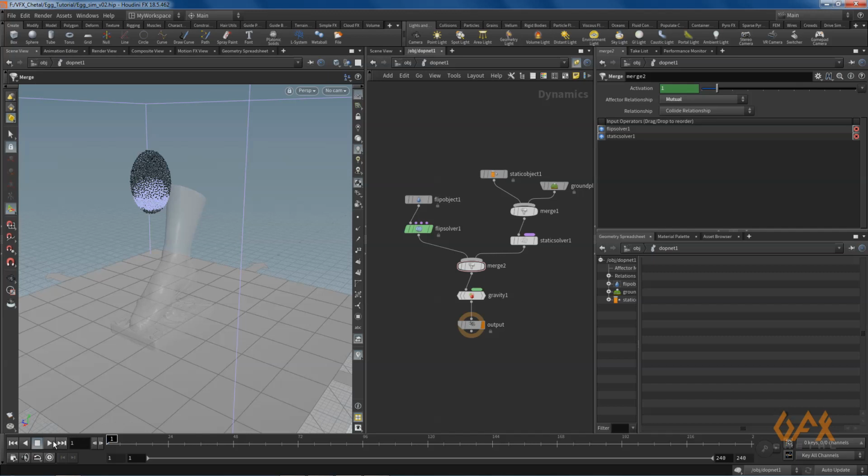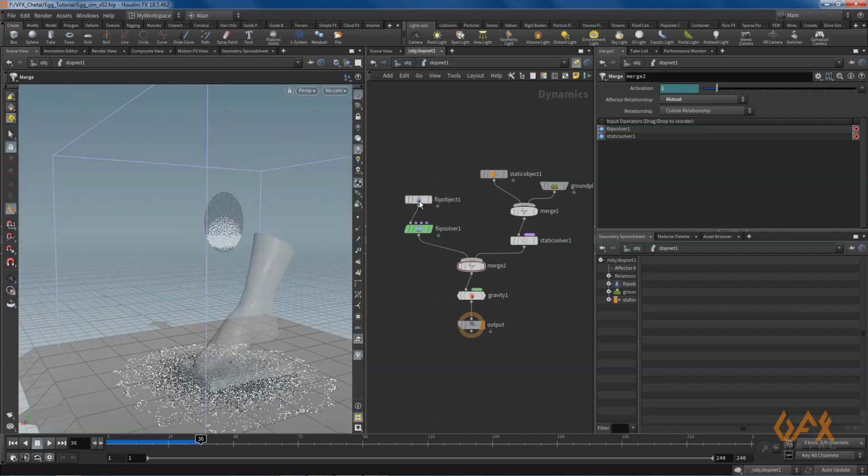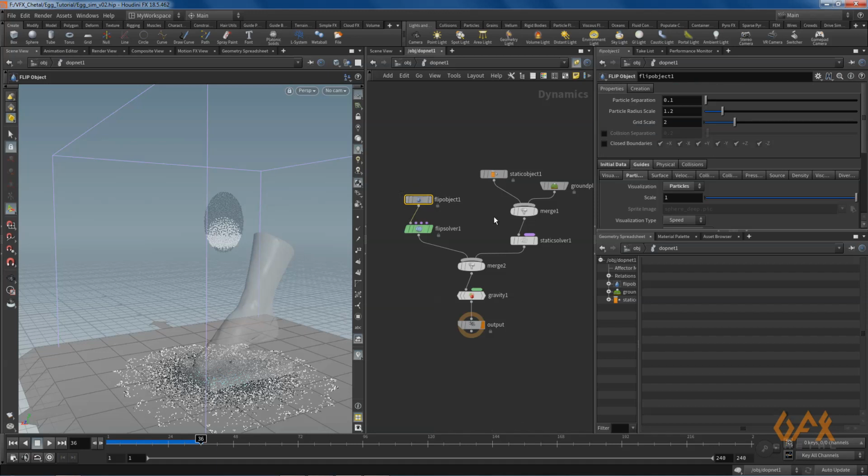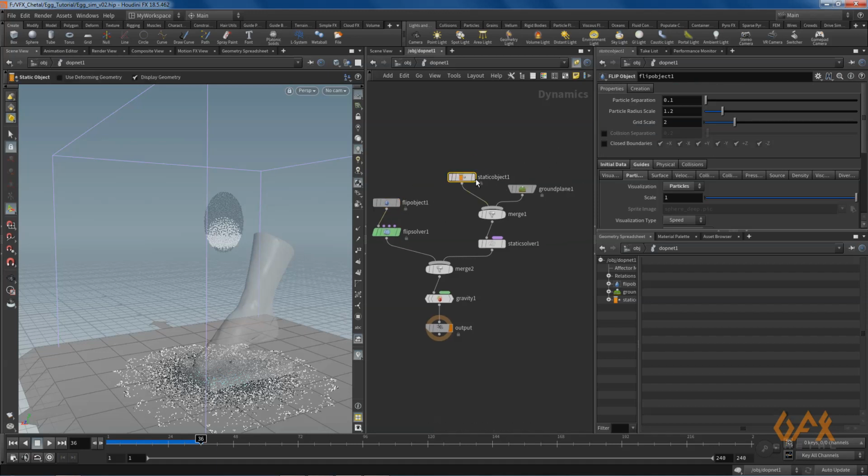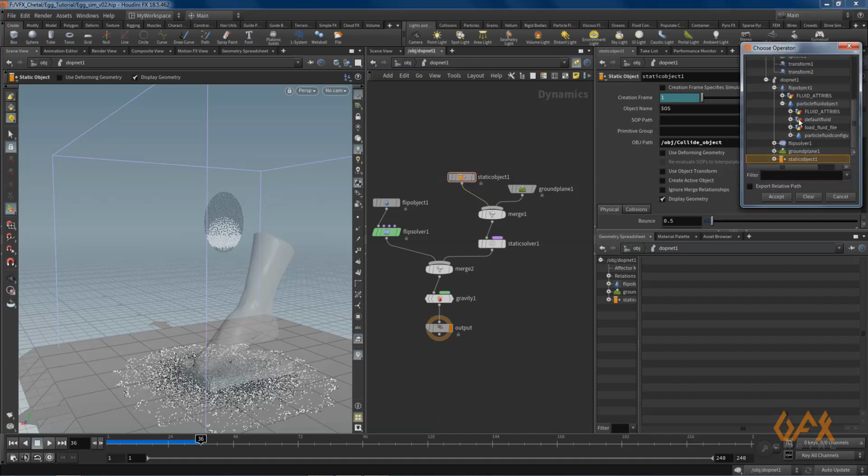Now I play these things and let's see what happens. Okay, so it falls down, but it does not collide with these things. So for that you select this static object, you define SOP path, collide object.